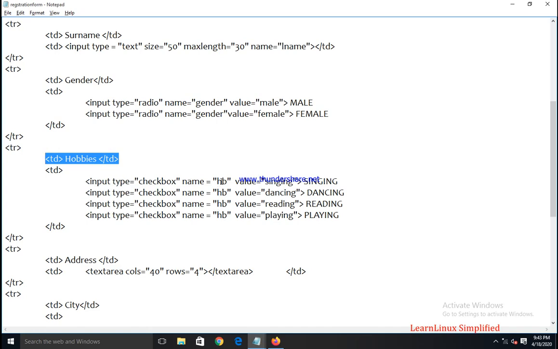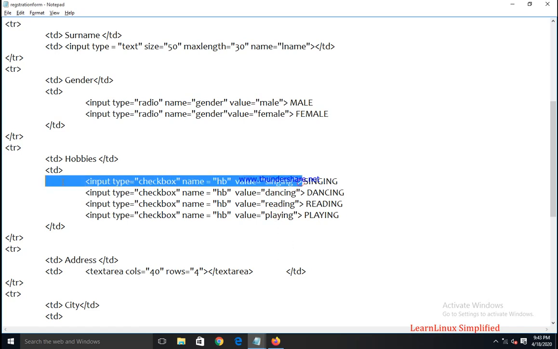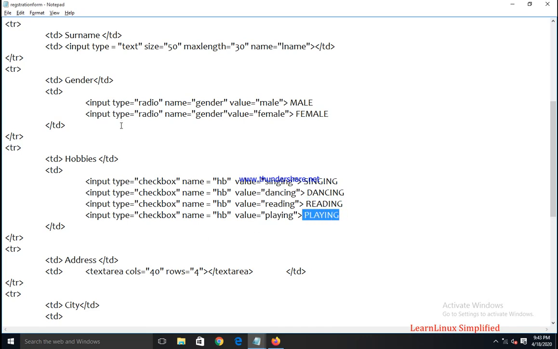For all the controls I have created the group name HB, only the values are changing, and for each control we are providing various captions.